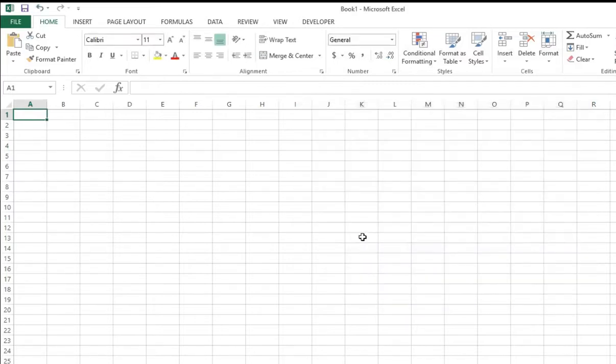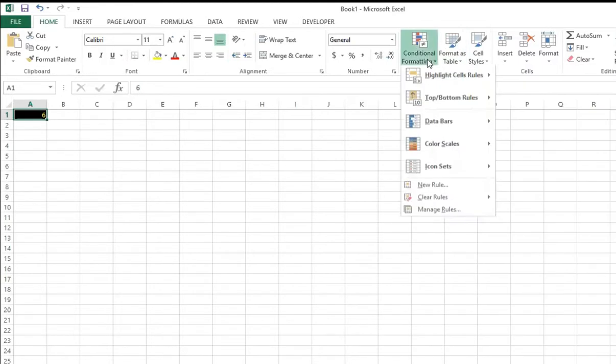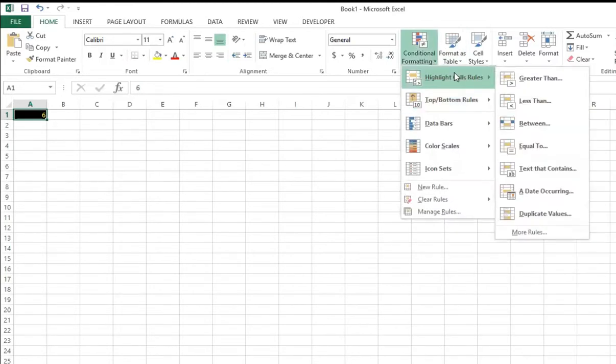Let me type 3. No formatting done, right? Let me type 6. Automatically gives me the format. That's the basis of it. And I'm pretty sure that most of us here would be aware of this basic, but I just wanted to refresh it for everyone. Now all of these work in the same way.